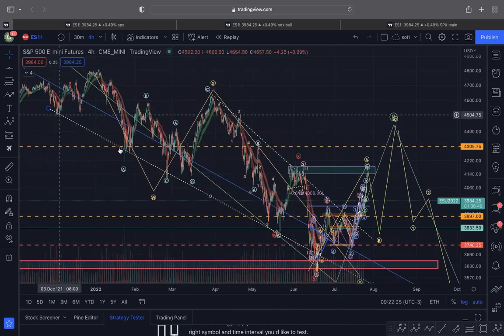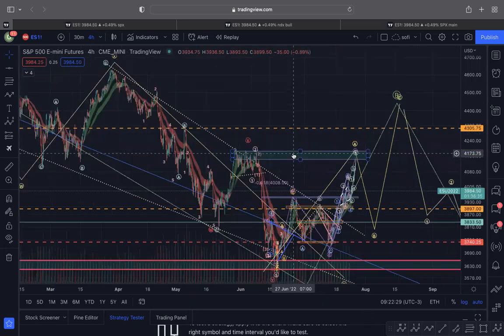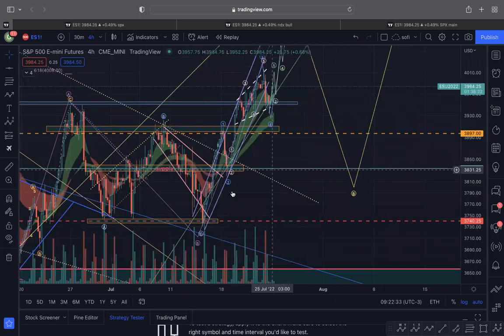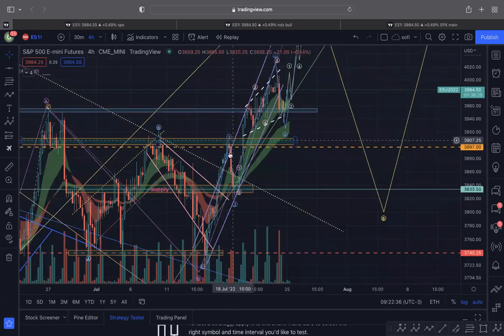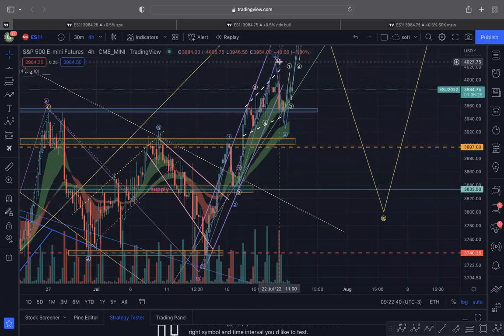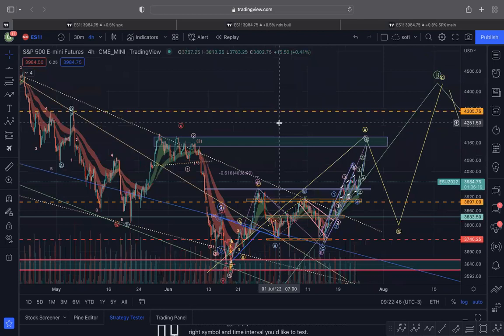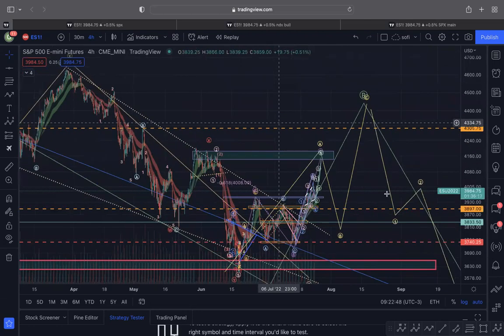So again, this is the bigger picture, right? We know this was the downtrend line holding as support, and this downtrend line was holding as resistance. And we saw last week that we actually broke out of this line, right? At first we attempted, got rejected at supply, came back to support, and then we broke out. And so far, we've been consolidating right over that breakout. So that is the bigger picture, that we did break out.